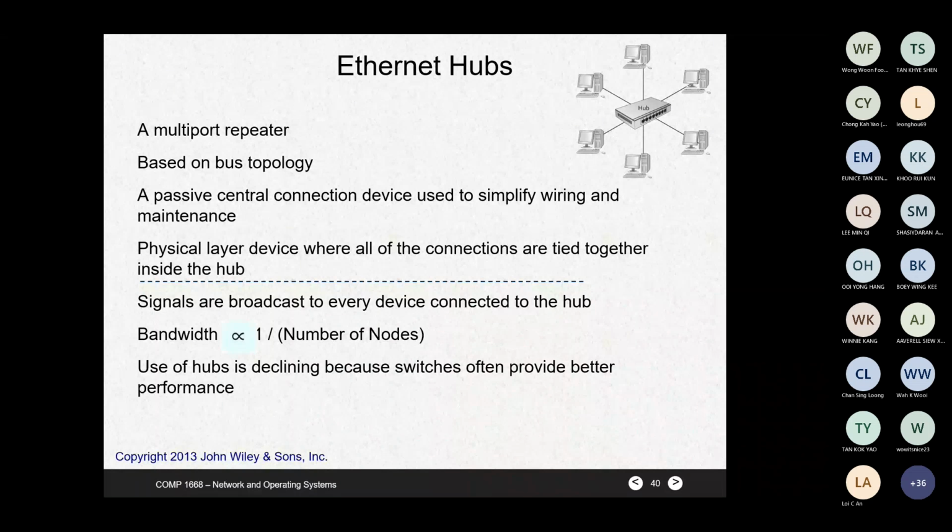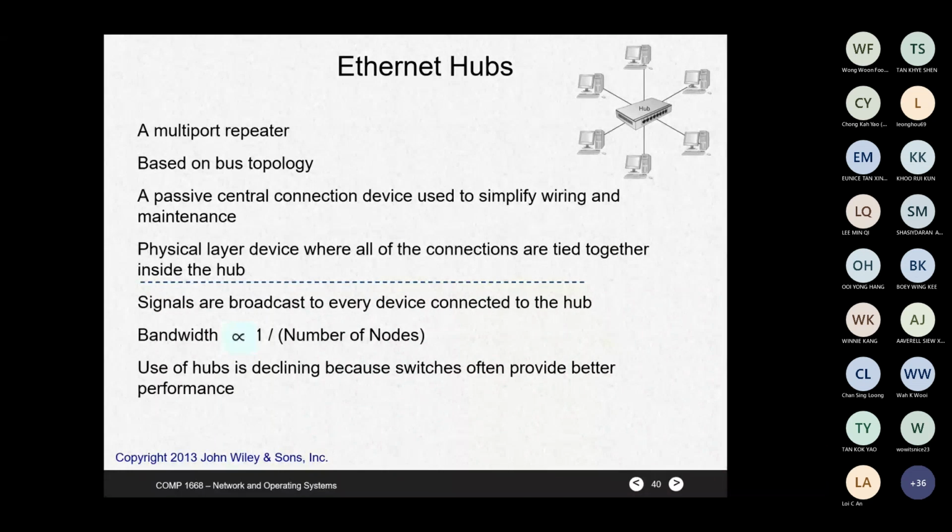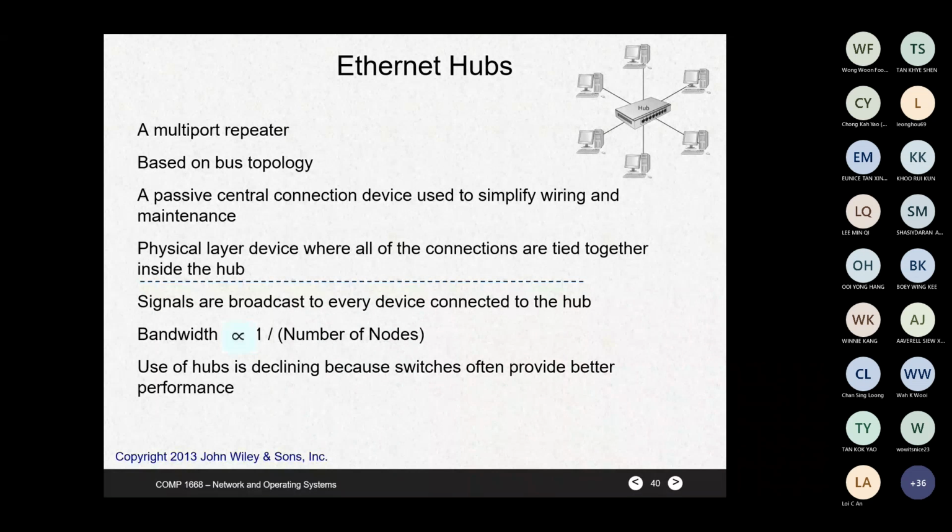hub normally provides you quite a low speed. Maybe you can only find hubs at 10 Mbps, not more than that. That means for each port, the speed is 10 Mbps. That is hub. Again, hub is an old device, old technology, because it is based on bus, unreliable, and not popular anymore. It is cheap. You can use it at home. But in a company, we hardly use hub. We don't use hub.